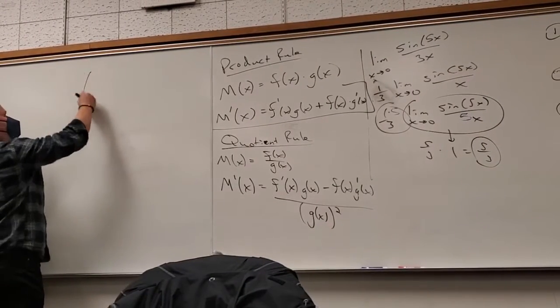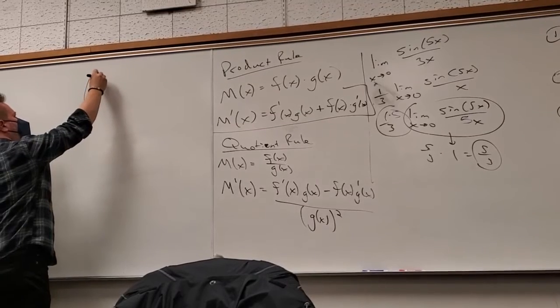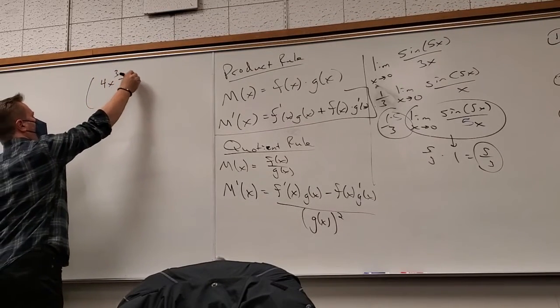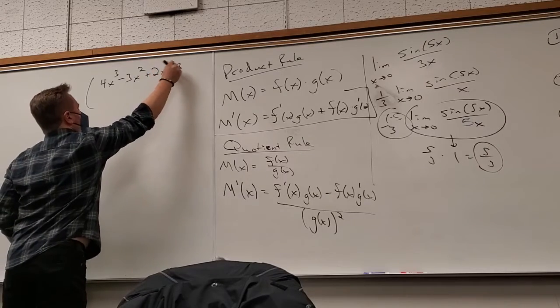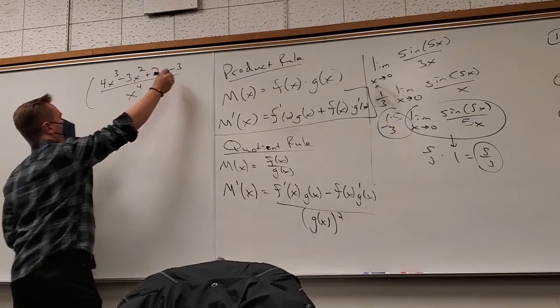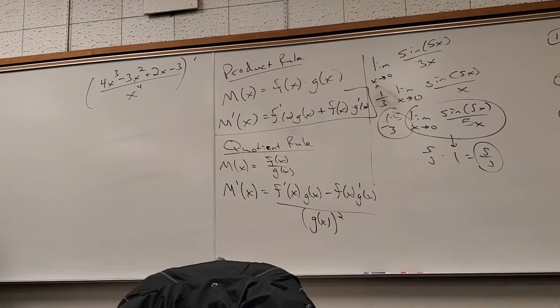If I wanted you to figure out the derivative of this, you can do it. You have to use quotient rule. No. Anytime you are given a function and asked to find its derivative, take a second and see, can I simplify the function? Wouldn't you rather have a simpler function to work with? So it should make sense. Before I do any derivatives, I want to simplify it if I can.